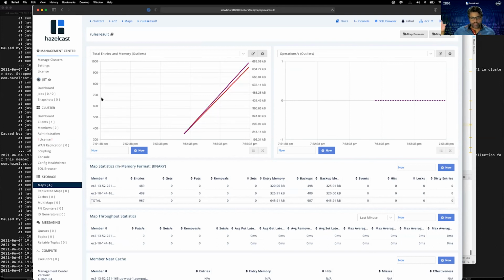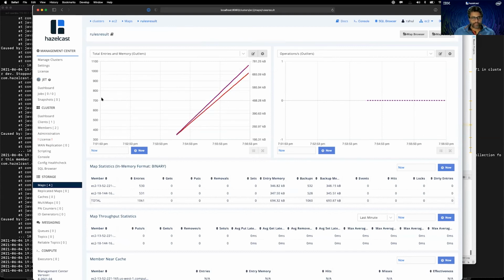So I've got the same data set available at multiple different locations. This is just one example of a WAN replicated cluster. You can run as many clusters in different locations all at the same time, and we can have the same mechanism of replicating data to all of those clusters at the same time.